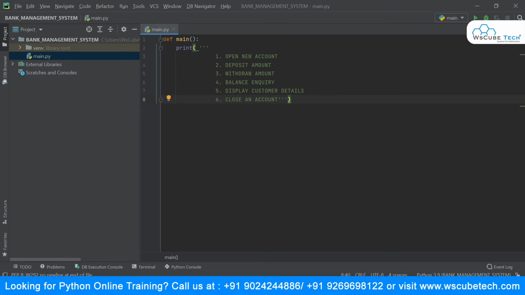So this was about the print statement over here. Now the next step is that you want to make use of the if else. All right.